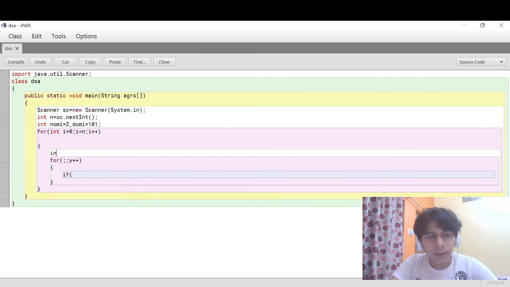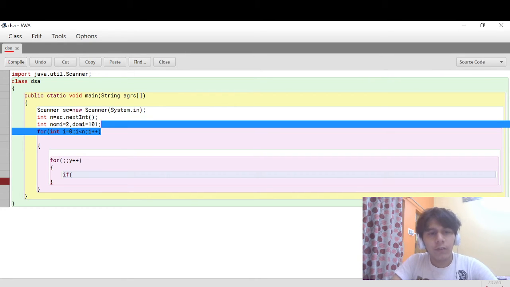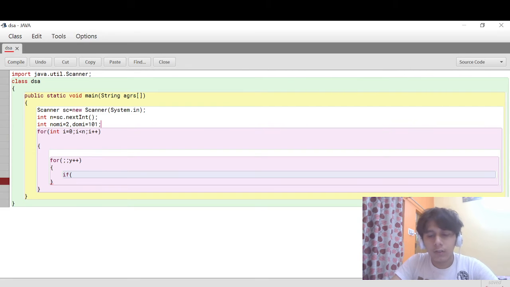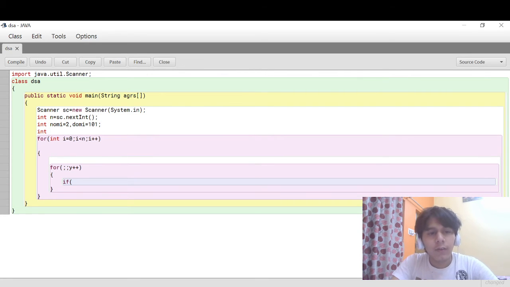So int y. Now we will initialize it here. y equals to 0, y plus plus, and this is y equals like this.